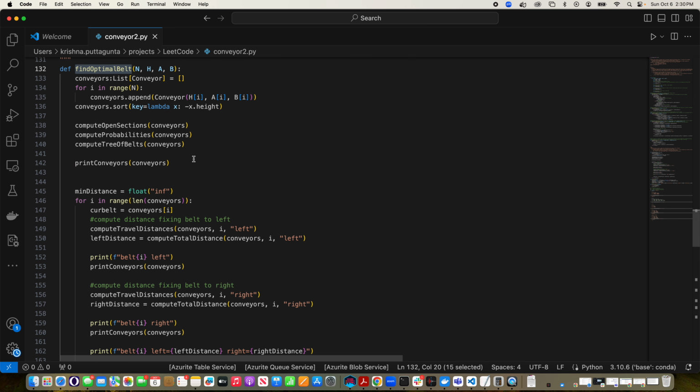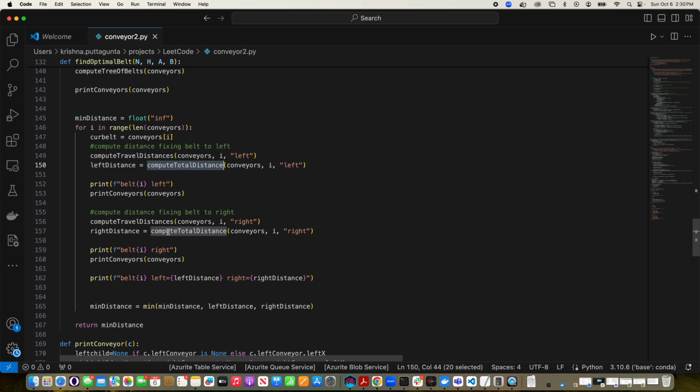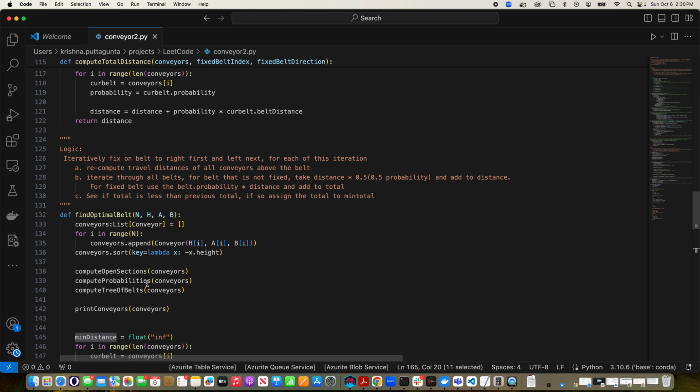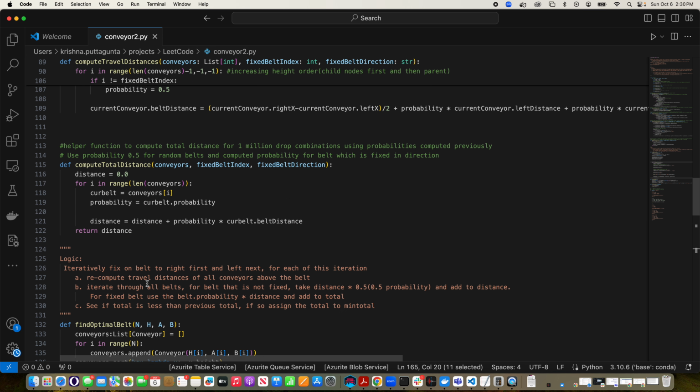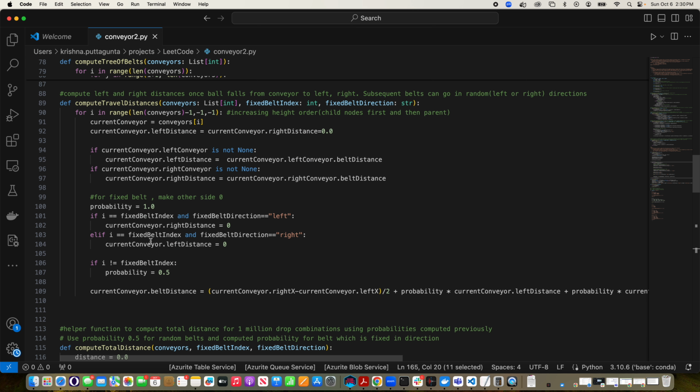loop where you basically go through every belt, fix that one particular belt to the left, and then compute the total distance. Then you fix the same belt to the right, compute the total distance, and pick the minimum of these total distances. Then go to the next belt, fix it to the left first, then right, then take the minimum against the previous minimum distance. So you iterate like that. But how do you calculate the distance itself? You need to get the total distances, right? That's where